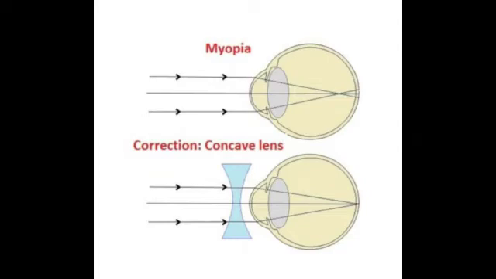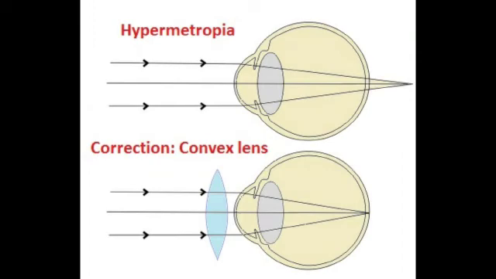The focal length of the concave lens to be used is computed as follows. Let a person with a myopic eye see up to a distance of x. Suppose that he wants to see all objects farther than this distance, that is up to infinity, then the focal length of the required concave lens is f = -x. If the person can see up to a distance of x, and if he wishes to see up to a distance of y, then the focal length of the required concave lens is f = xy/(x - y).